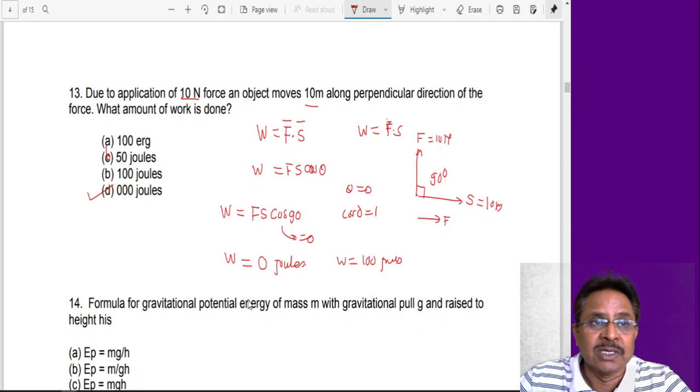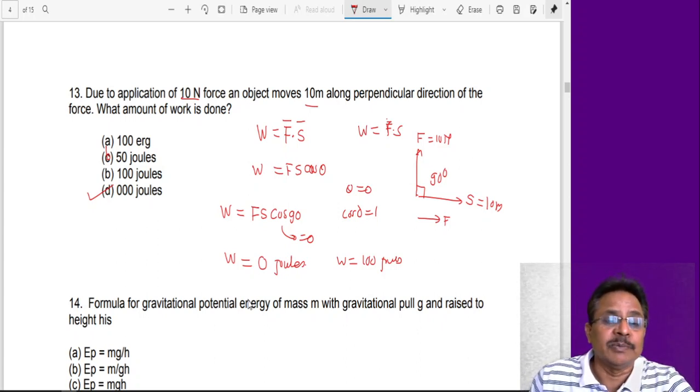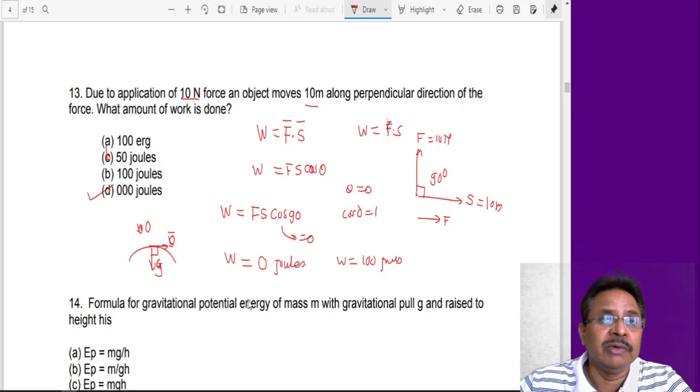Now in the same case, when we go for work done on the surface of earth, that means this is the surface of earth, and if a car is moving on the surface of earth and gravity is working in this direction, earth's gravitational force, the car is moving in this direction with some displacement S. Now the work done on this car due to gravity is always found to be 0 joules. There is no work done by gravity when the car is moving on the surface of the earth.